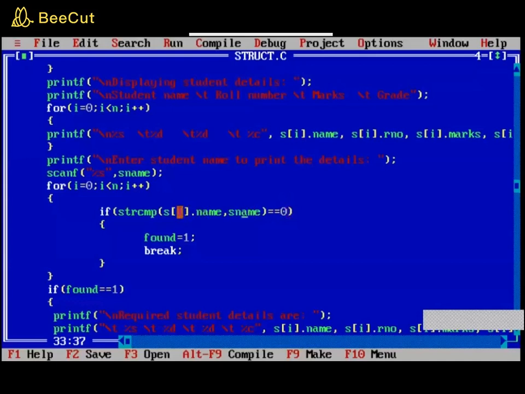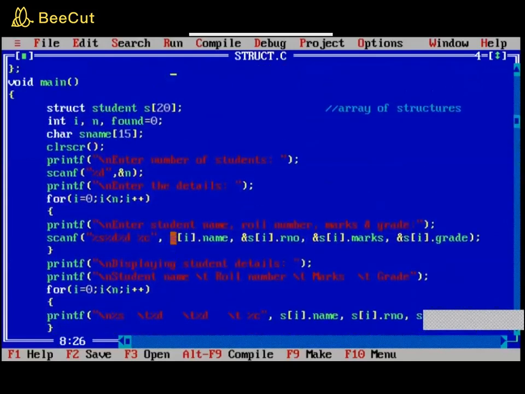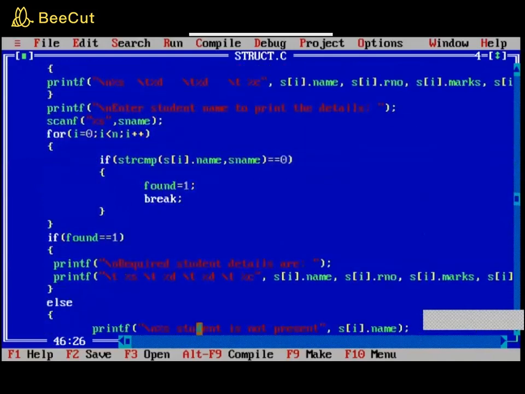Okay. So found I have taken as a flag here, like a counter. This is the one which I have initialized at the beginning. Found is equal to 0 I have taken. So initially my found value was 0. If a match is found, that means if this value matches with this value, I'll be getting a 0. If this condition is true, my found will be changed from 0 to 1, because now you are setting found equal to 1.